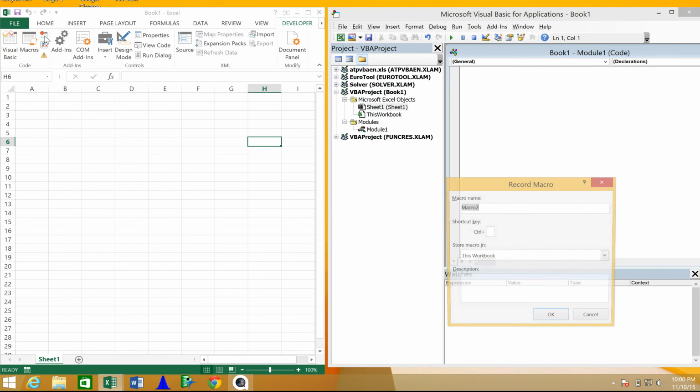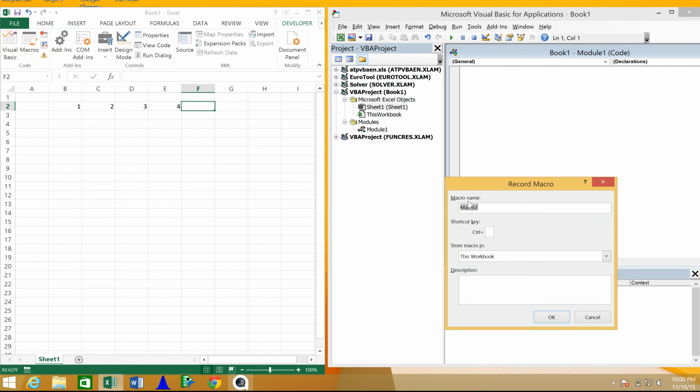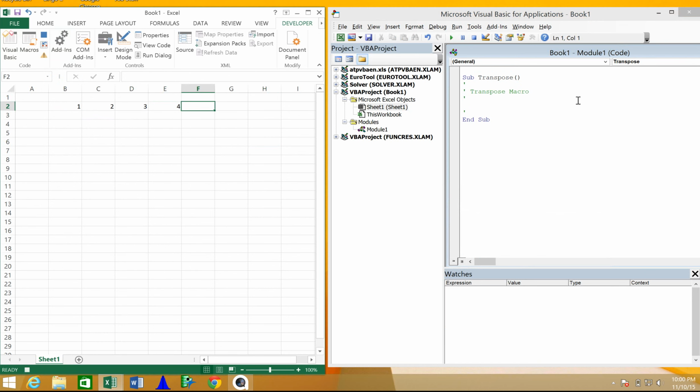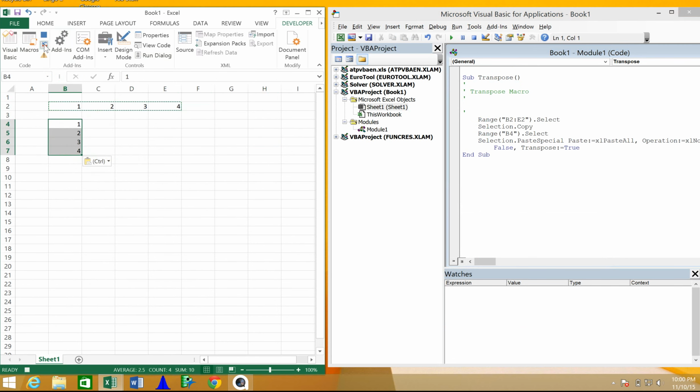We're going to say record. Well, first, we'll put in some values. 1, 2, 3, 4. So now we're going to record. We're going to name it transpose. And so we're going to be able to see this macro actually happen live. So we highlight it, copy it, select here, and say transpose. We're going to stop recording now, but you can see